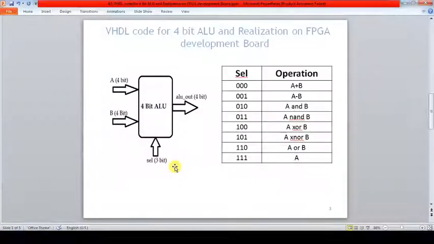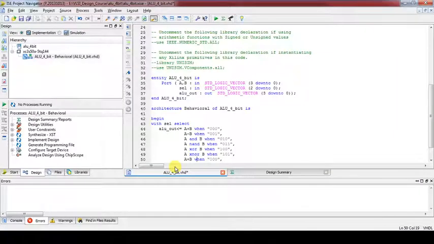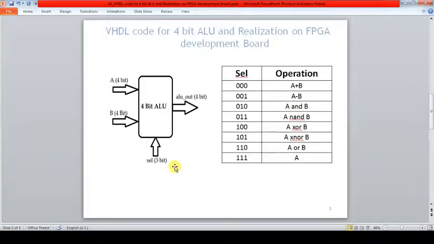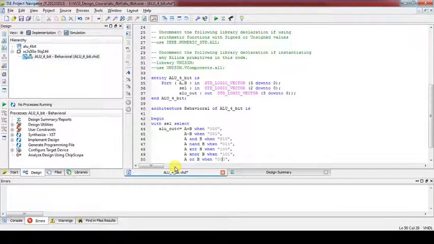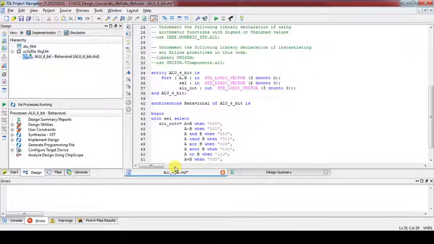When it is 6, it is A or B, right? And finally, when it is others, so here we are terminating with when others, that means when it is 1 1 1, we are going to write A, right? So this completes our program.